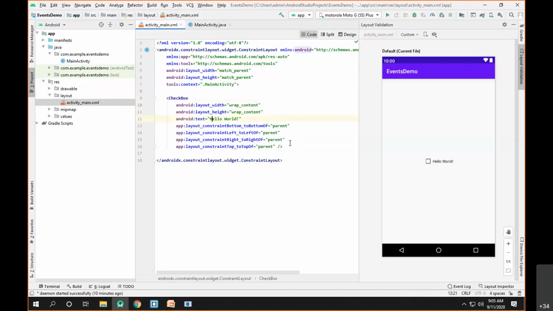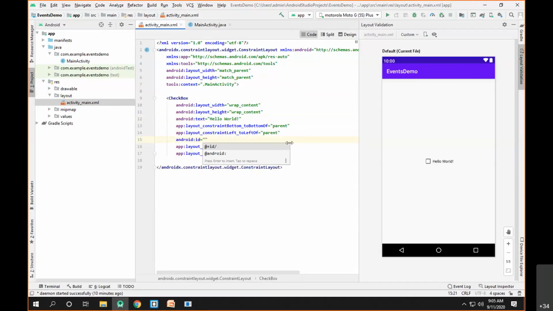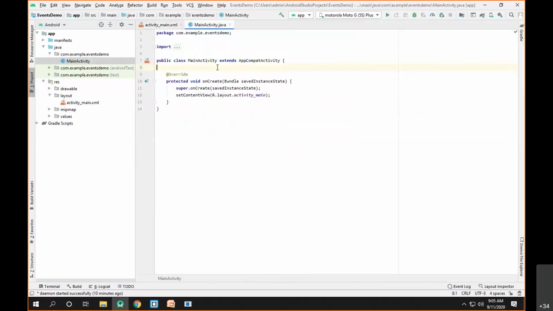Just for demo purposes, for every user interface control we are providing the ID. Let's call it CB1, which stands for checkbox one. Now we have created a checkbox.